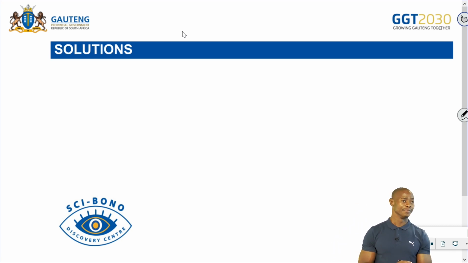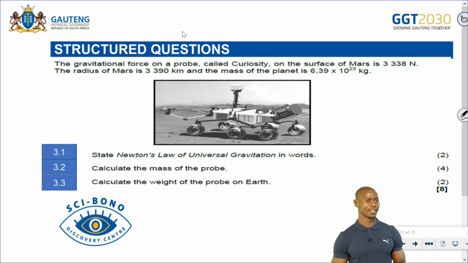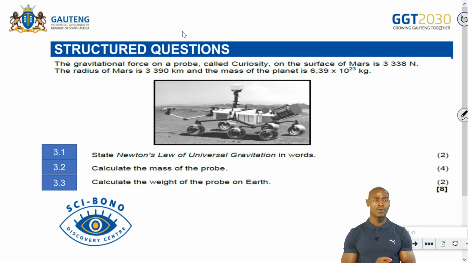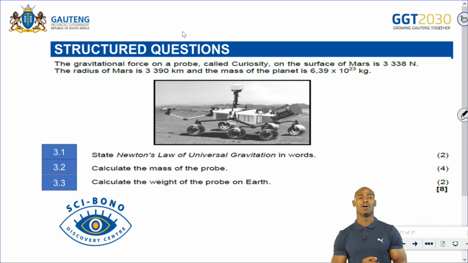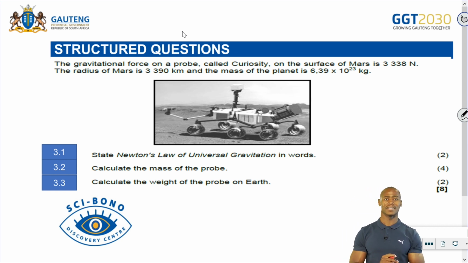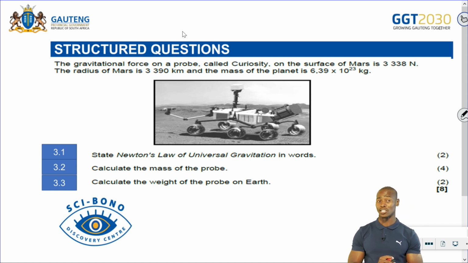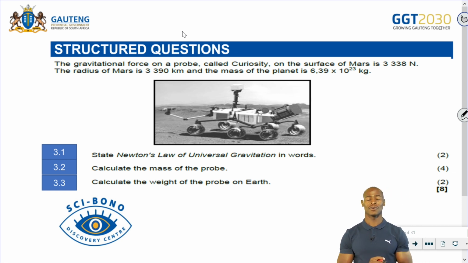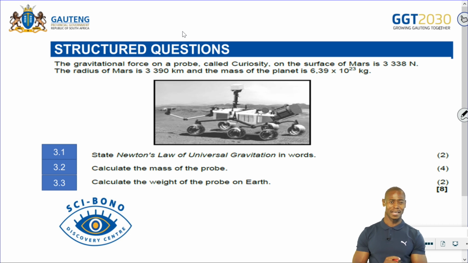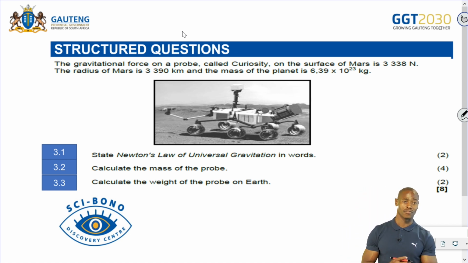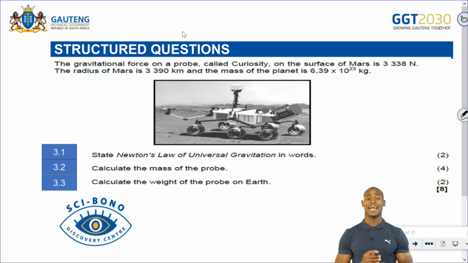All right, then let's look at another question. The gravitational force on a probe called Curiosity on the surface of Mars is 3,338 newtons. The radius of Mars is 3,390 kilometers, and the mass of the planet is 6.39 times 10 to the power 23 kilograms. Then they want us to state Newton's law of universal gravitation in words, and according to our examination guideline,